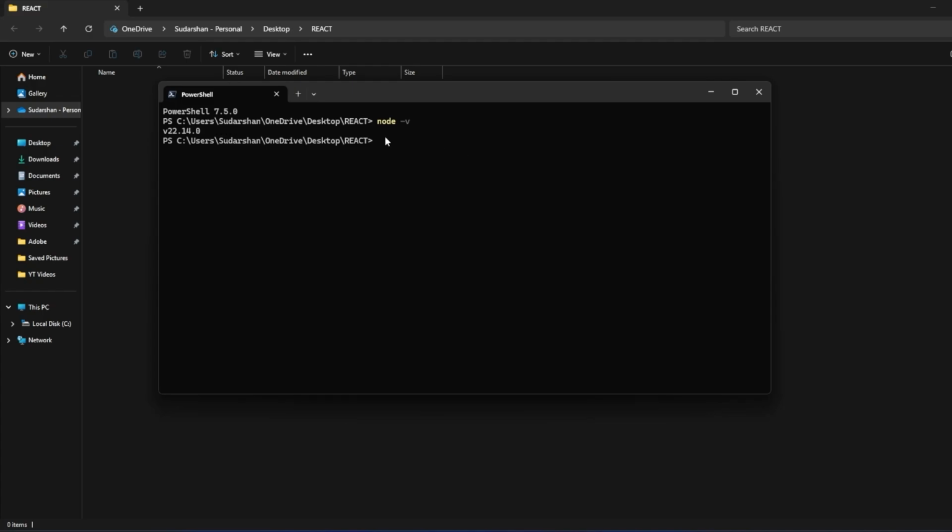So now let's start creating our React project. Let's copy this command and press enter. The first thing it will ask you is the project name. I will name this book API UI. After this, it will ask for a framework. We have to go with React, and after that it will ask whether you want to use JavaScript or TypeScript. I'm going to use TypeScript